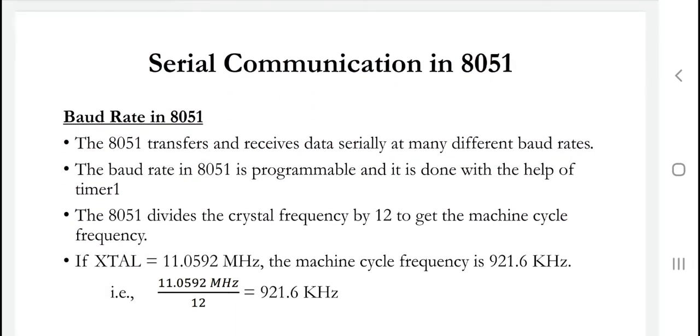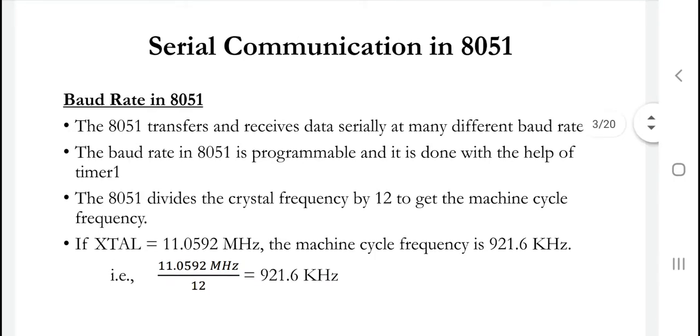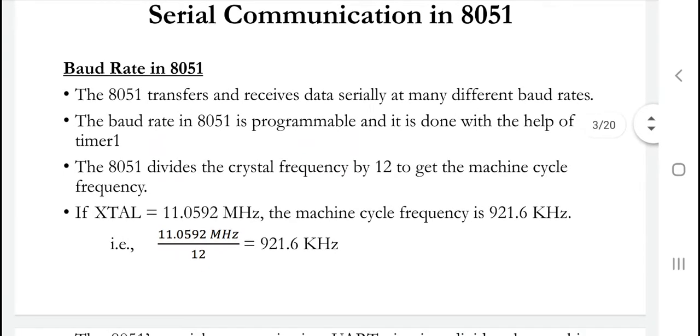So good morning all. We are going to see serial communication in 8051 microcontroller. So how the serial communication occurs in 8051. Before going to serial communication, we have to know what is serial communication. It is transferring each bit by bit. Even though it is very slow, all the 100% data efficiency can be retrieved only in serial communication. And the cost of data transfer is also low because only one link is used for the entire data transfer.